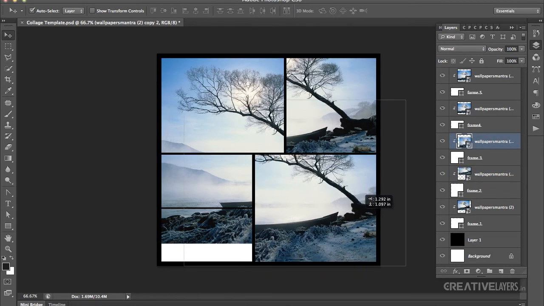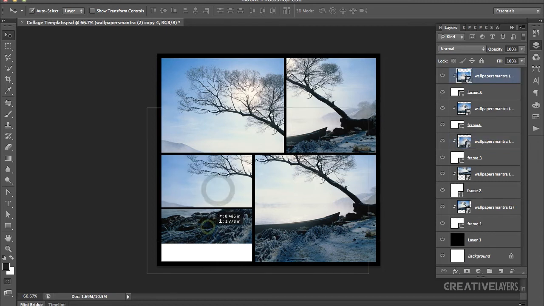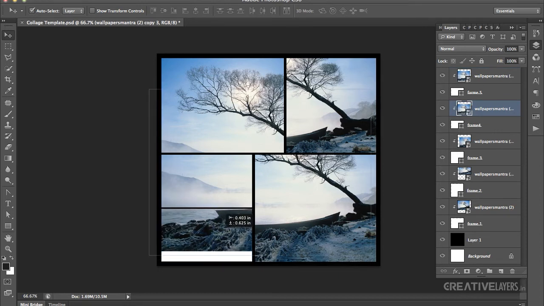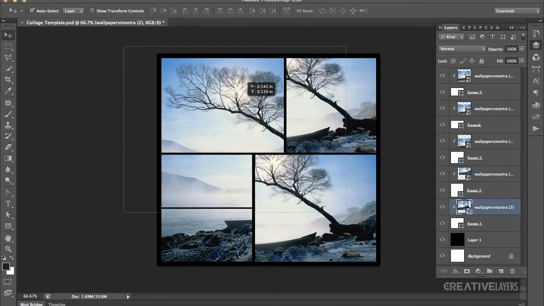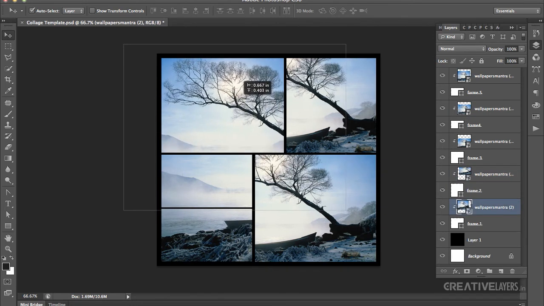Okay, now I would like to say something before I begin. I have just googled this image from the net. You can do it with your own photography or your own image, whatever you have in your stock. I'm not very careful about the positioning because this is just to let you know what I'm trying to do.